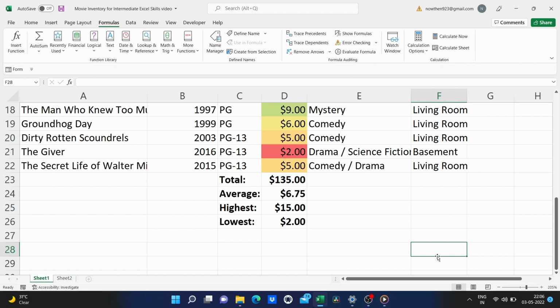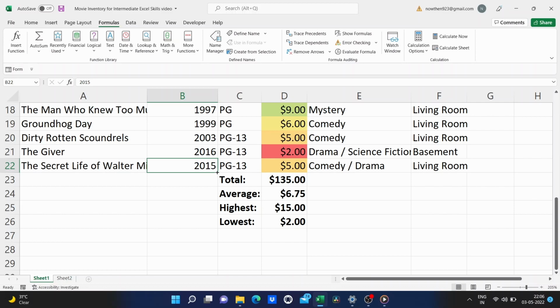Next, we're going to take a look at a few intermediate and maybe some advanced tips and tricks that you should know about. One that is pretty well known is called the autofill handle, and this is where you find it when you click on a cell. Look in the lower right corner, there's a green square, and if you put your mouse on that square, it will become a plus sign. Now it's already a plus sign, but it becomes a black plus sign.